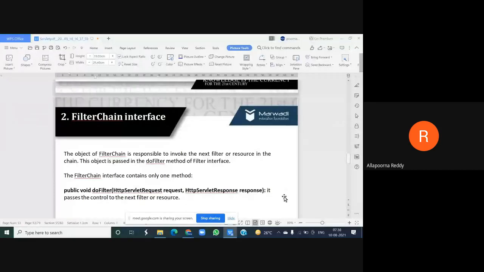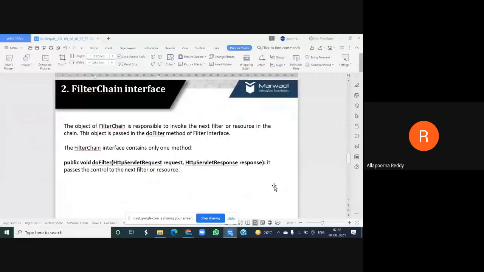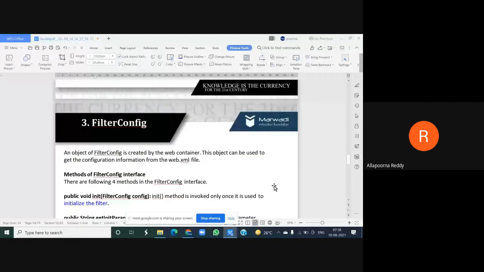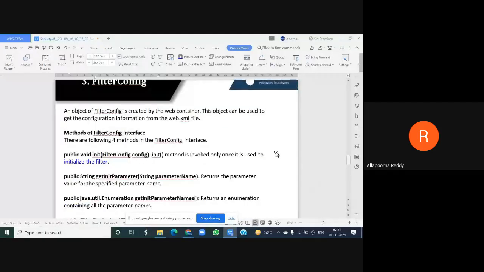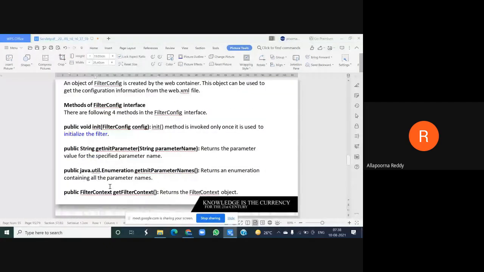Coming to number three, to know the individual filter's configuration information, you need to use the third interface, which we call FilterConfig. That is to maintain the filter configuration. Under FilterConfig I need to have four different methods. First is the init method, used only once, for initializing your config information.